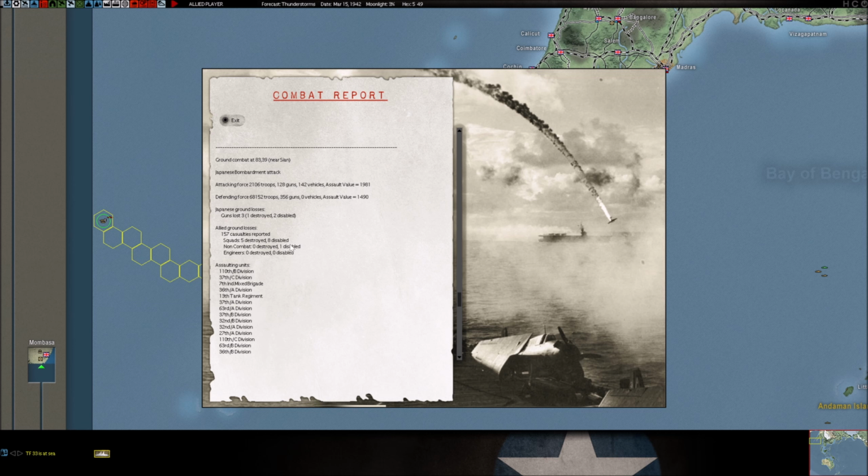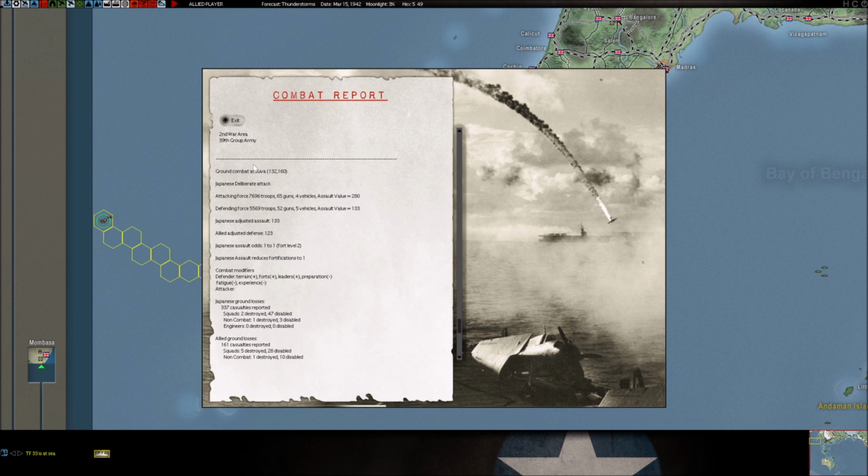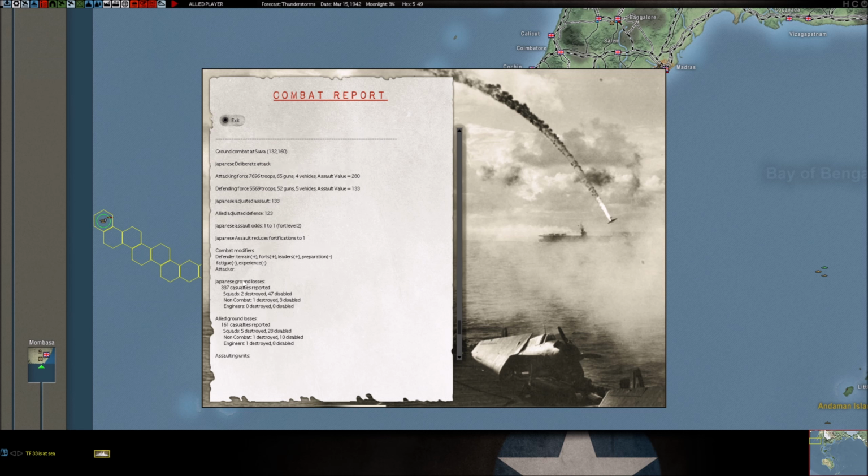No, let me take that back. We did better in this bombardment than in the one that we saw. So this is actually good for us. Look at all those differences, man. Okay, Suva deliberate attack. We did fantastic, actually. We caused more casualties to him than he did to us. I think that's more or less similar. But